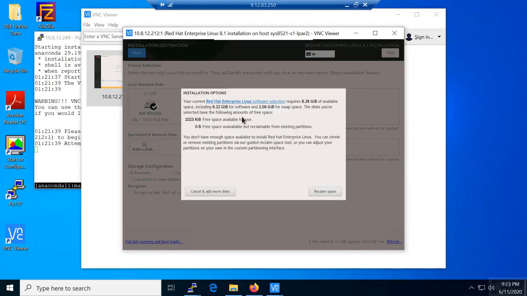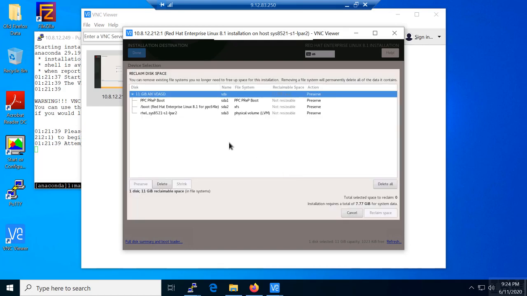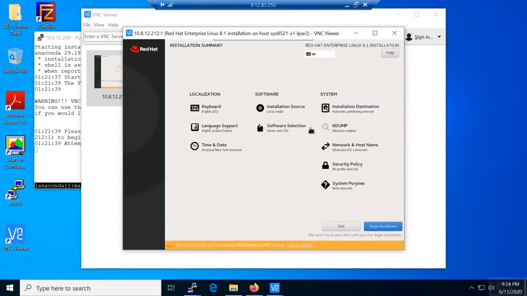And now it says your current software requires 8.2 GB available, this much. And so right now there is no space available because there's already a running operating system there, maybe. So let's click reclaim space, and it looks like there is something running in there. So we could just delete all the LVMs there, and we can click reclaim space. And now the whole disk is available for this operating system installation. So you need to click begin installation,